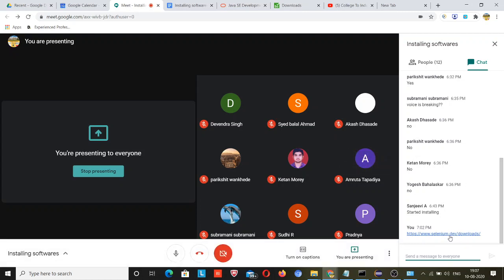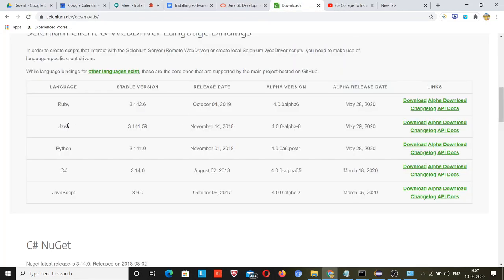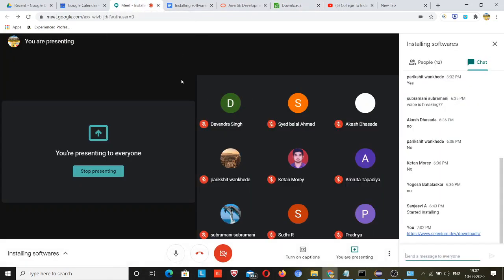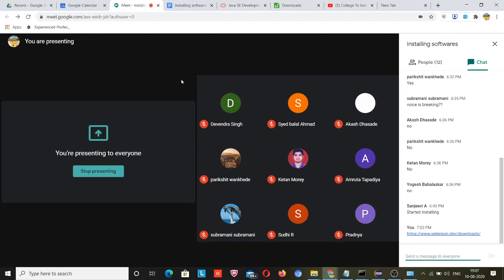Just go to this path, and once you go to that path, click on whatever you are using. I am using Java, so I am downloading for Java only. Click on this download link and the zip folder will be downloaded. Save that zip folder inside a folder, like I have made a jars folder. You can make a folder jars and Selenium jars, save that zip file over there, and when the day comes I will be using those jars. So everything related to coding I have covered. From tomorrow we will start coding.